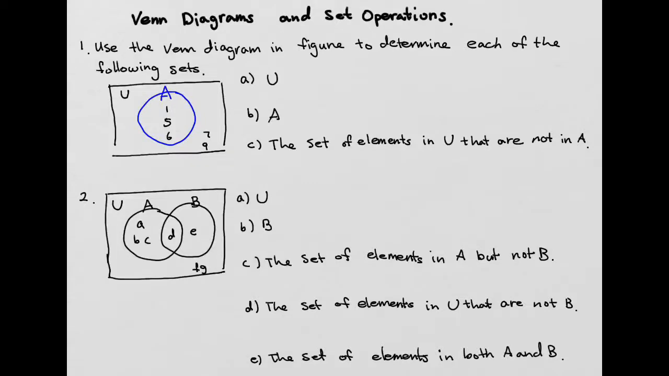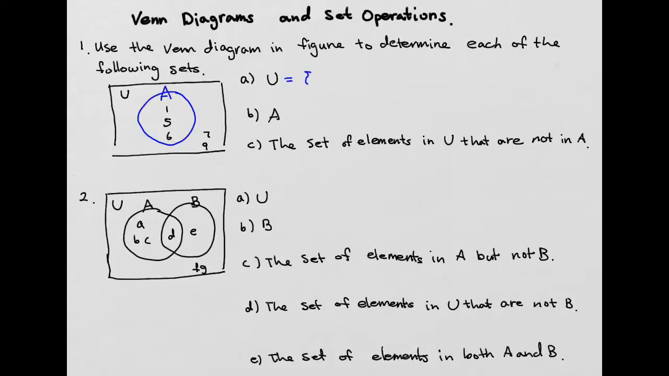Today's lecture, we're going to look at Venn diagrams and set operations. The first example, we have a Venn diagram given with only one set, set A. And we call this the universal set, with U. We're going to see if we can list the given sets. So for the universal set from the given Venn diagram, this is going to be,